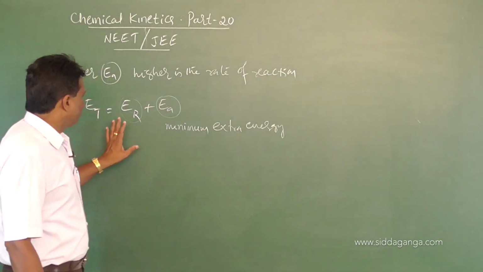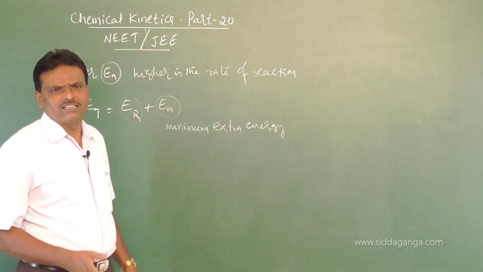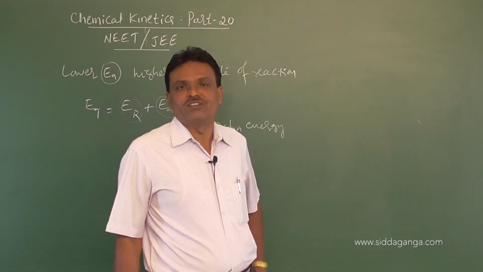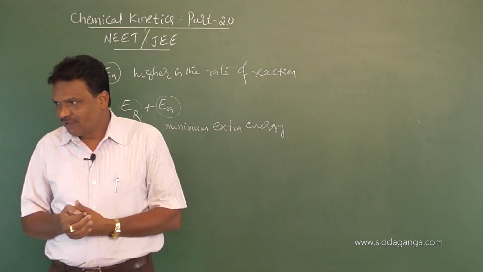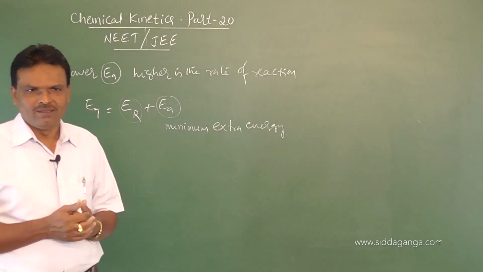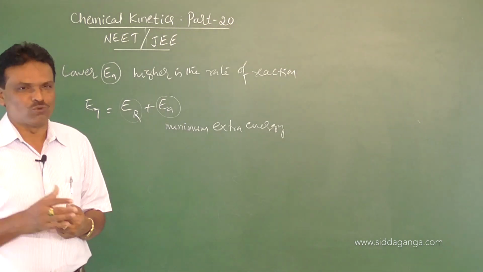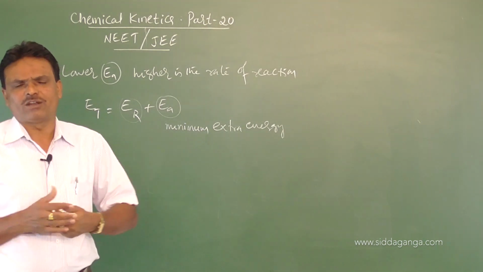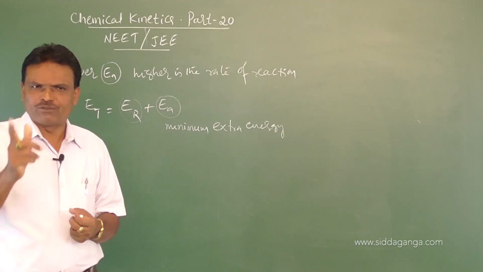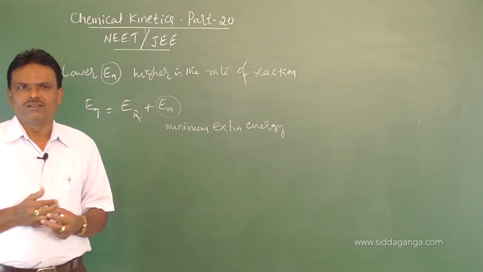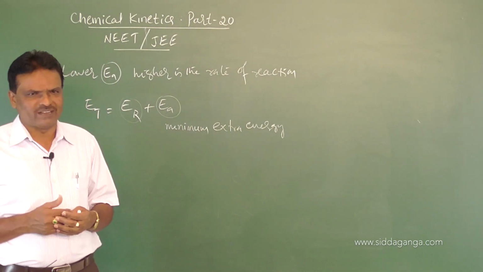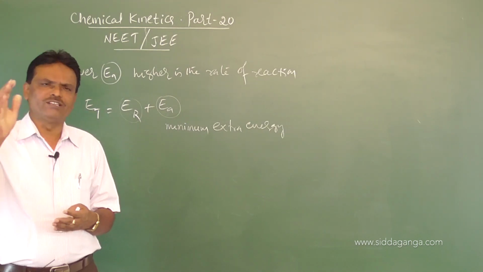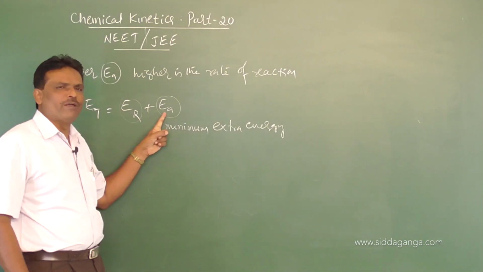Is that clear? We know that in case of certain reactants, if activation energy is low, the reaction occurs on its own. Generally exothermic reactions are spontaneous. Spontaneous reactions means they occur on their own. But endothermic reactions occur only by the absorption of heat energy. Generally, endothermic reactions are non-spontaneous. They require a large amount of energy. So in such cases, the extra energy should be very high.